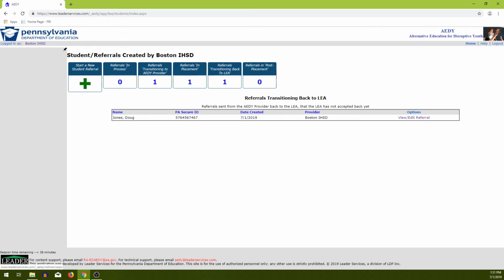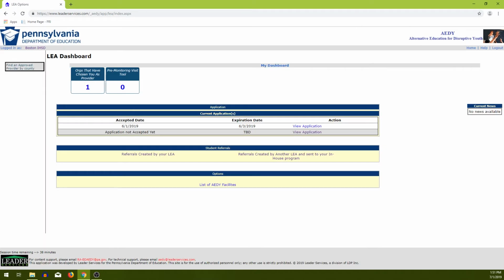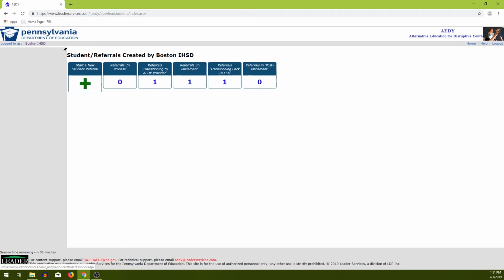So whether or not the LEA user and provider user share a login will determine if you need to log in or not. But let's say, for the sake of this demonstration, I logged out as the provider. The next day, or however many days down the road, the LEA user logs in and clicks Referrals Created by LEA and navigates to this referral,